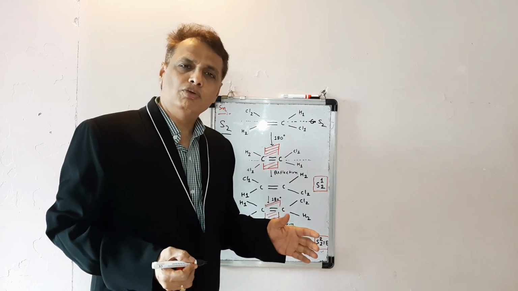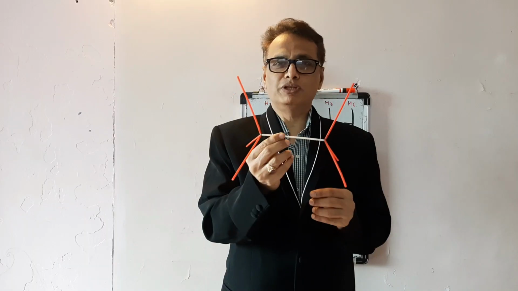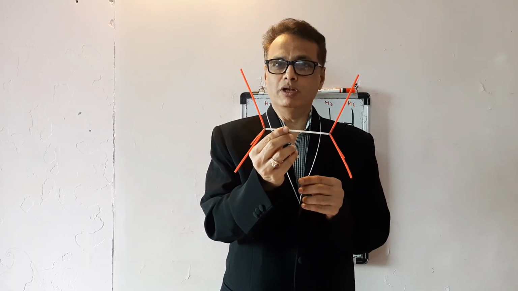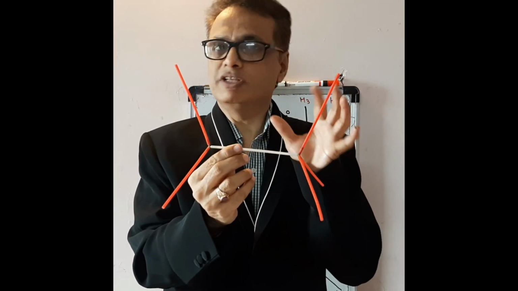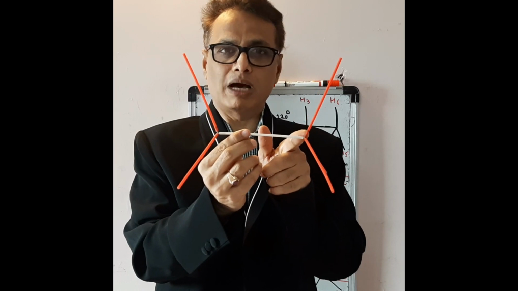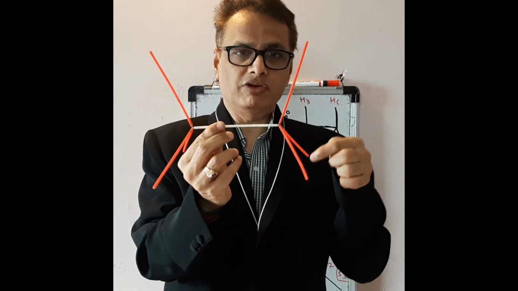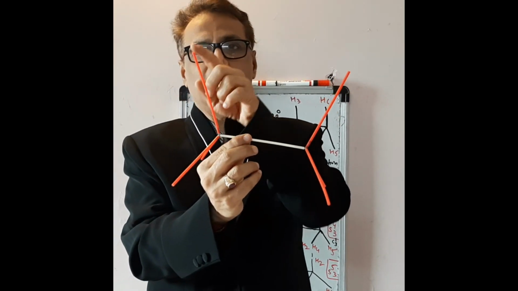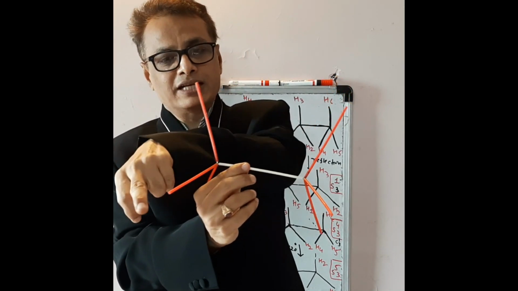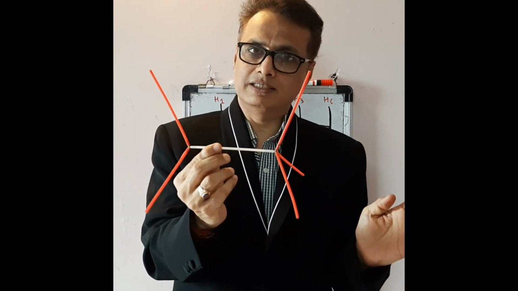Now let us find out the improper rotational axis in eclipsed ethane. This is your eclipsed ethane molecule. Eclipsed ethane contains 2 carbon atoms, and each carbon atom is attached with 3 hydrogen atoms. This is carbon number 1, which is attached with 3 hydrogens, 1, 2 and 3. Similarly, this is the second carbon atom, which is also attached with 3 hydrogens, 1, 2 and 3. These are named as H1, H2 and H3. Similarly, these are named as H4, H5 and H6.